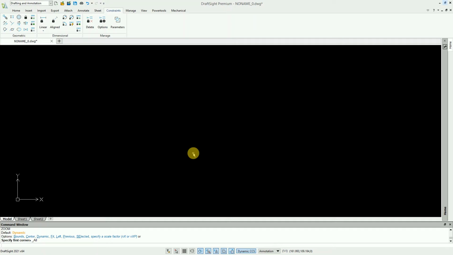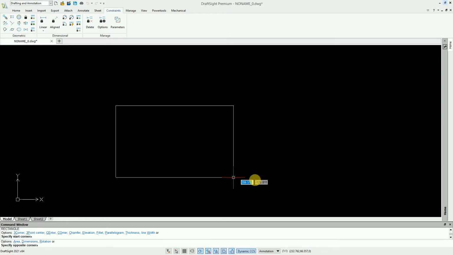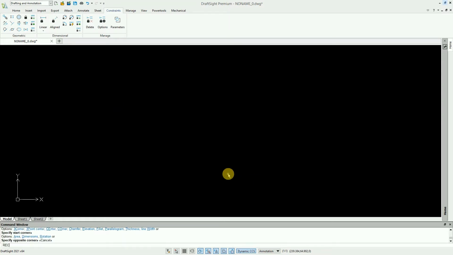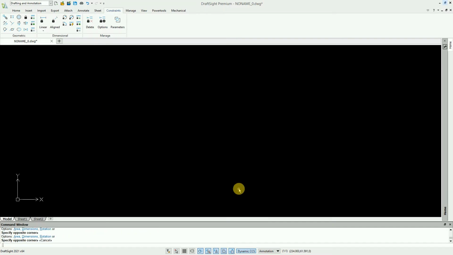Good morning. In this video, we'll see how to create automatic relations and equations using DraftSight. Normally, if I were to create a geometry, for instance, a rectangle, and we would be giving a dimension for it. Like this is my first side, and